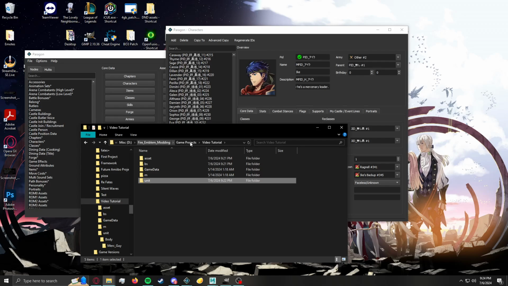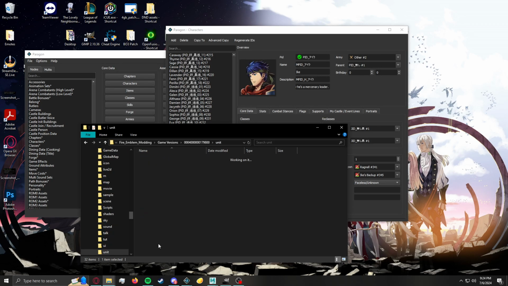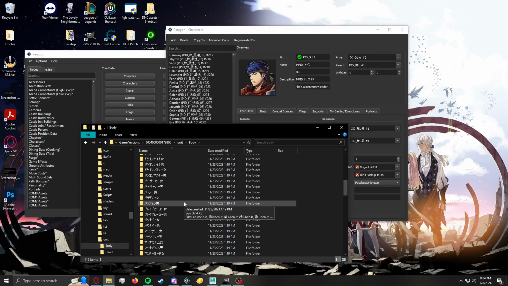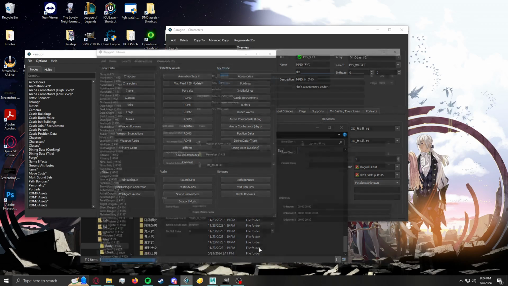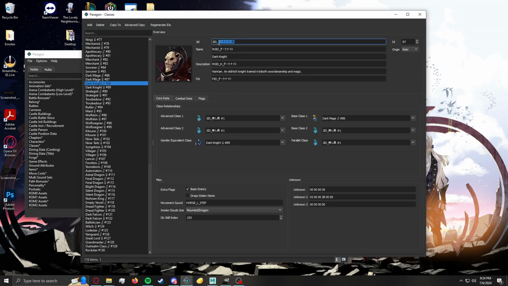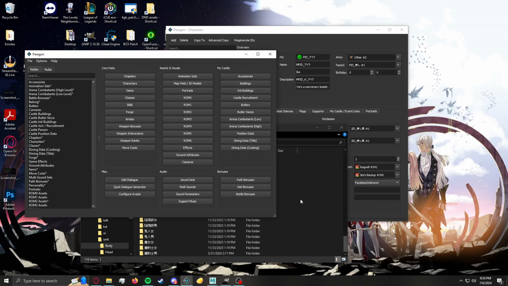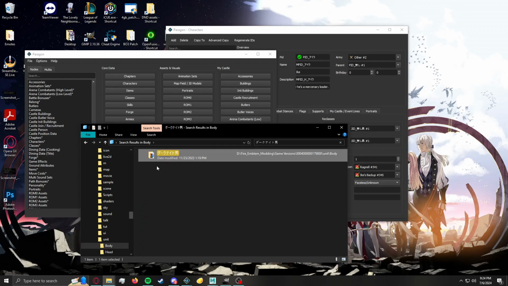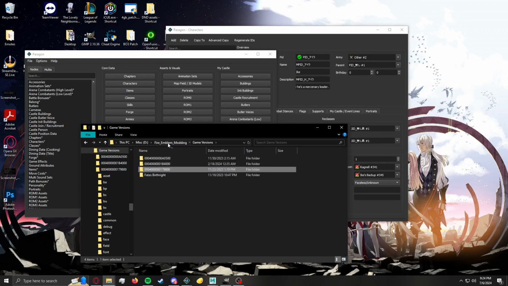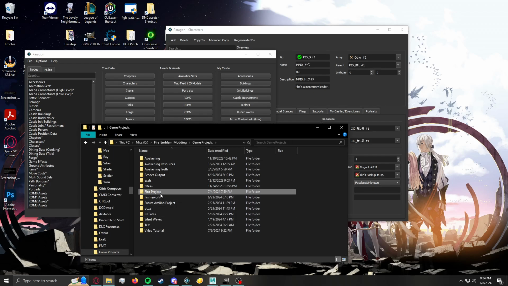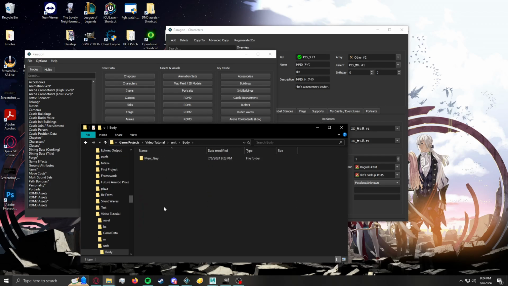you need to go into where the game is dumped, wherever you have your game dumped. So here's my game version, here's Fates, unit, and then there's body. It's all in kanji, but you can simply look it up by going to classes in Paragon and finding it through here by copy-pasting this. So let's say I want to use the Dark Knight male one instead now. Okay, so now we find this, we copy the folder, we go into Fates to where our project is again. We're going to go here, here, and here, and if I want to use it, we do merc underscore guy,